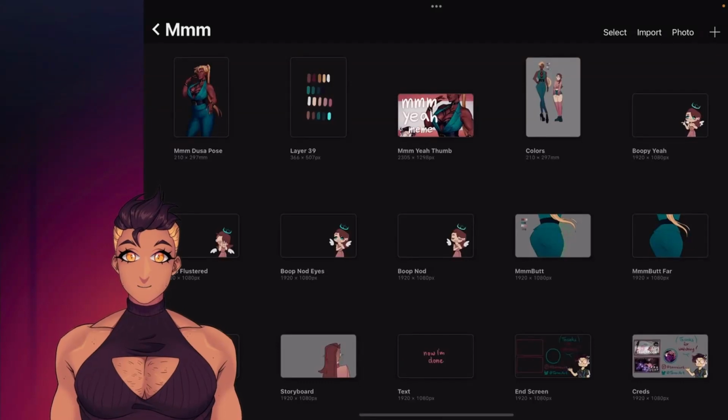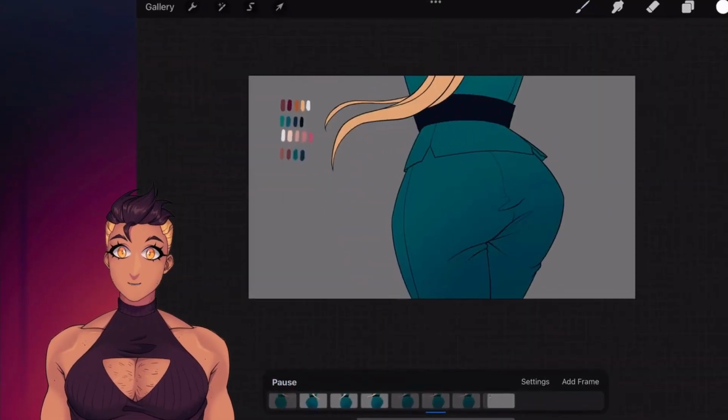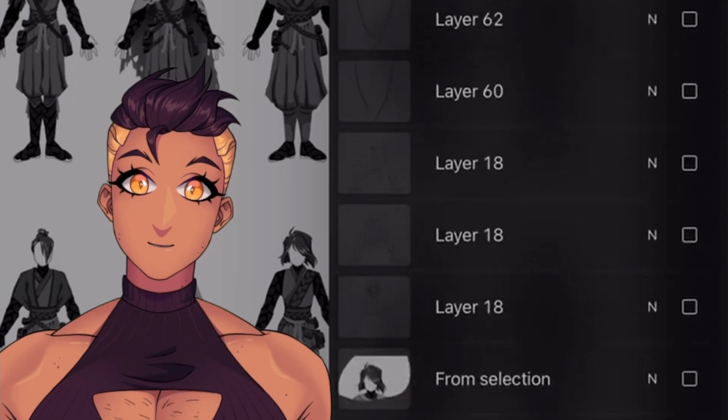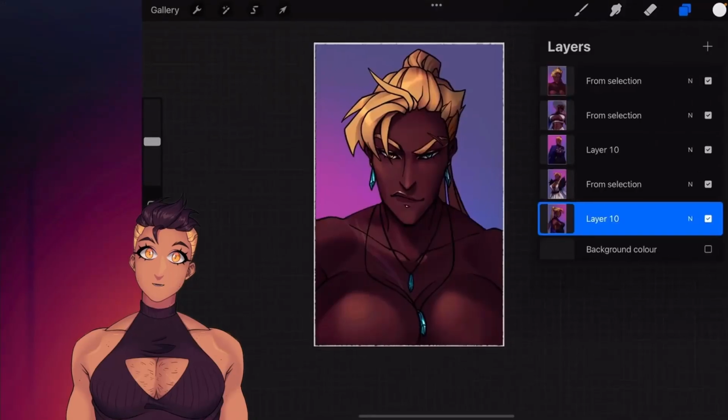Let me make you guys sim for a second, okay? Please look at this. I use a lot of layers. Let me just,